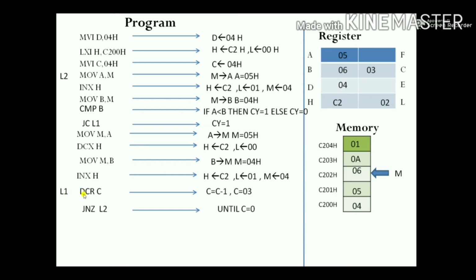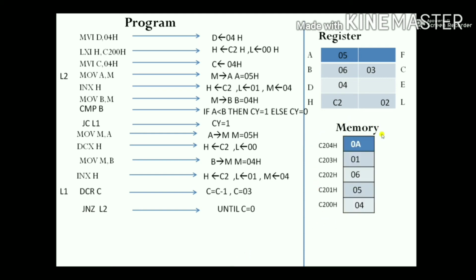Here we have already decremented the content. Again it will move to L2 to continue the process until we get C as 0. After reaching position C204H, as we learned earlier, we get like this.